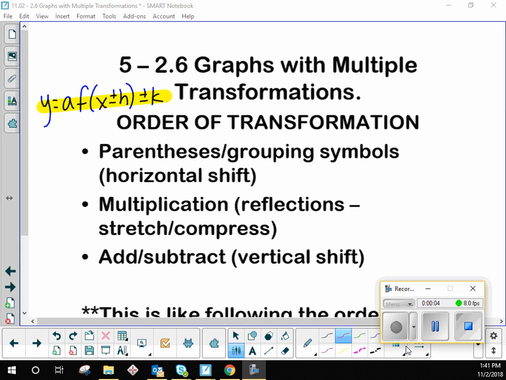So, yesterday we just did one transformation. Today we're going to put all the transformations together and do multiple. Now,